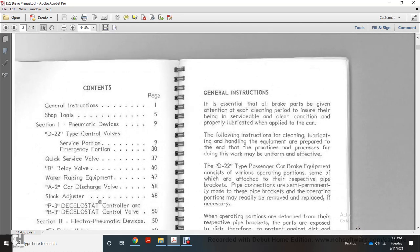General instruction: it is essential that all brake products be given attention during such cleaning periods, and ensure they are serviceable, in clean condition, and properly lubricated before being applied to the car. The following instructions on cleaning, lubricating, and handling of the equipment are prepared so that the processes may be uniform and effective. The D22 type passenger car brake equipment consists of